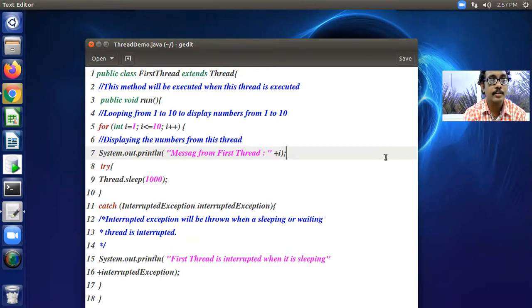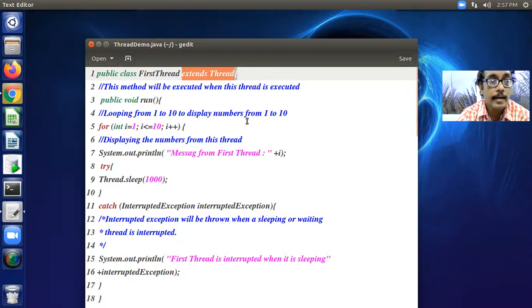Thread is used, and the Thread class and the Runnable interface use the same method name, which is called run. Thread is a class, so when you use the class name, you use the extends keyword. For the Runnable interface, you use the implements keyword. So this is the most common error: if you extend Runnable, it causes an error. So what happens?